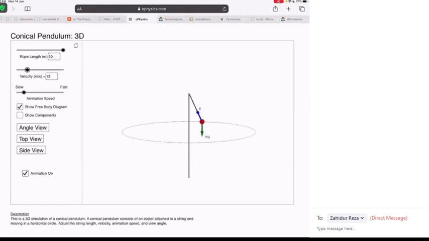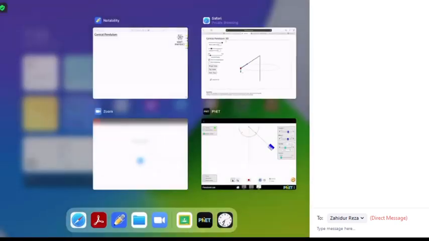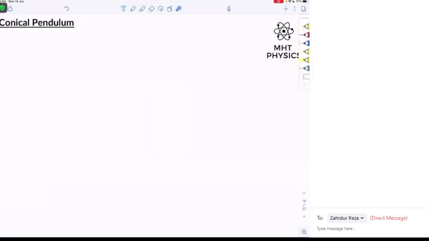There's a force acting downwards, but there's no force acting towards the center of the circle as of now. So we need to figure out who's helping this object undergo circular motion. How is it even achieving circular motion? So that's what we're going to learn today, okay? So how do we approach